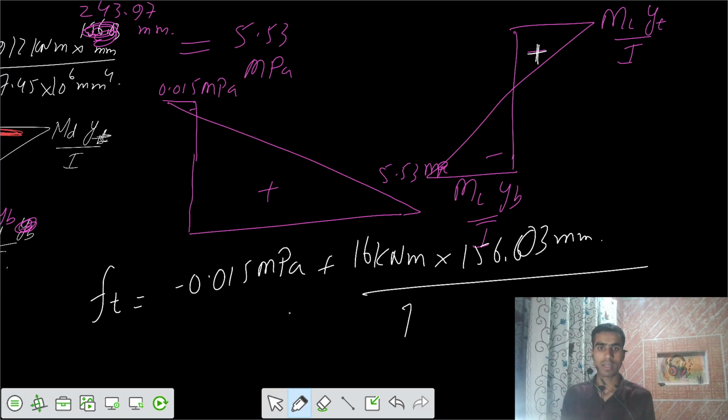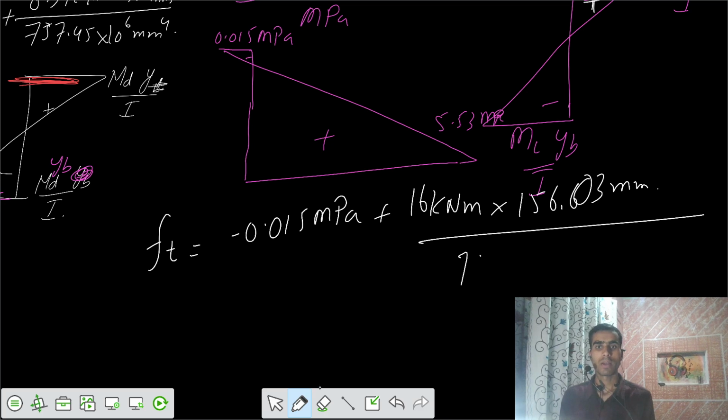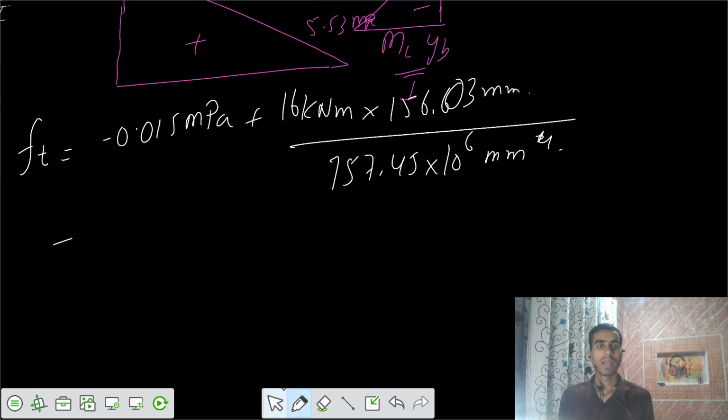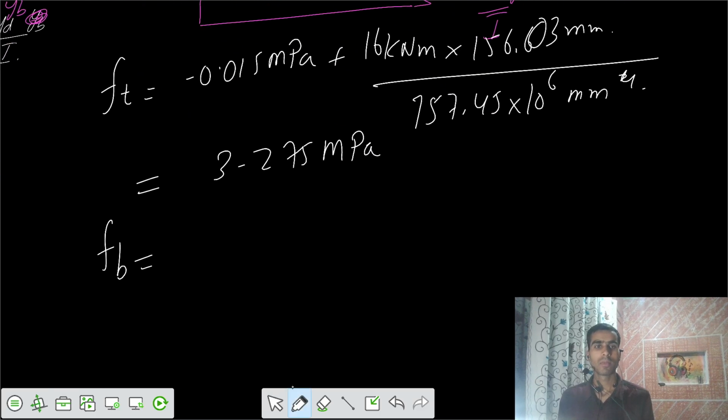The value of I neutral axis we know, 757.45 10 to the power 6 millimeter power 4, and accordingly you can get the stresses at the top for the second case of the problem, that is equal to 3.275 megapascal, and stresses at the bottom would be equal to the initial stress, 5.53 megapascal,